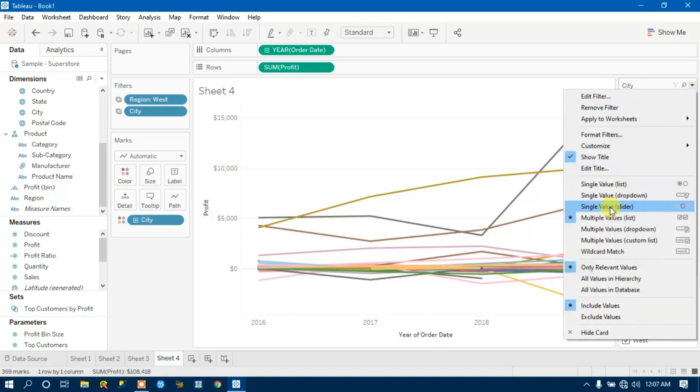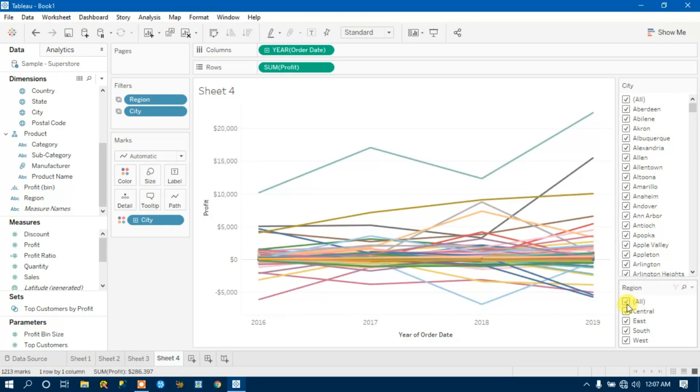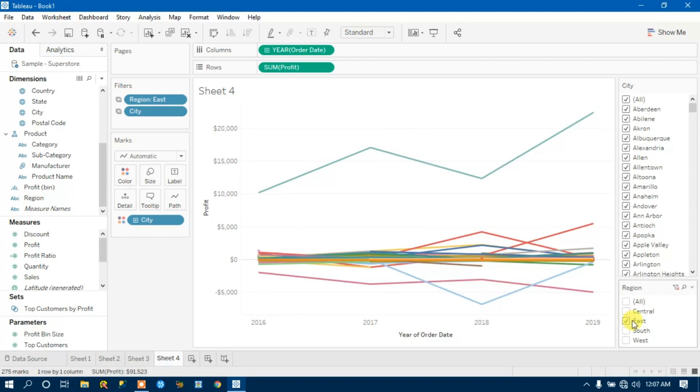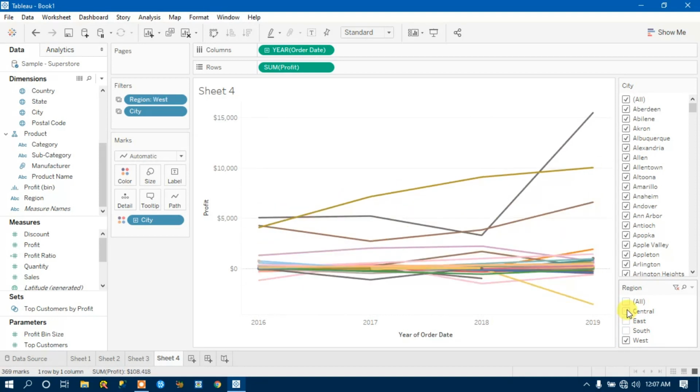I go here and say all values in data source, so it will keep 531 records, 531 cities as per the view. If I click any of the regions, it will keep all the 531 cities, right? You see here. So this is the way these tabs work that I showed you.